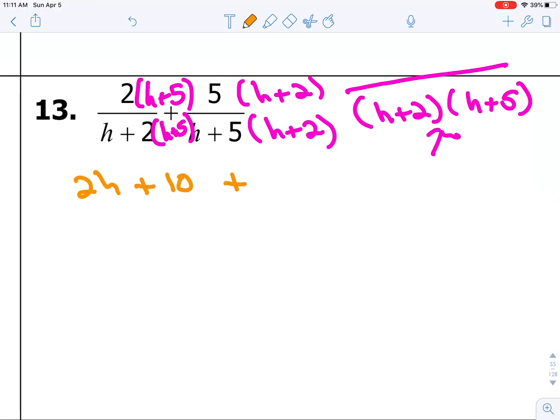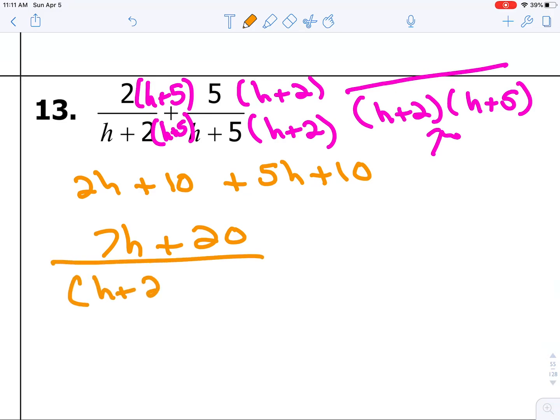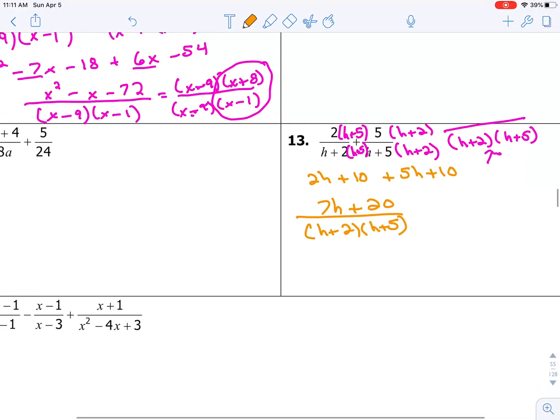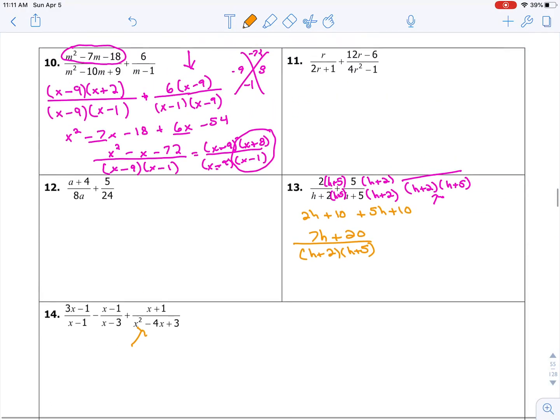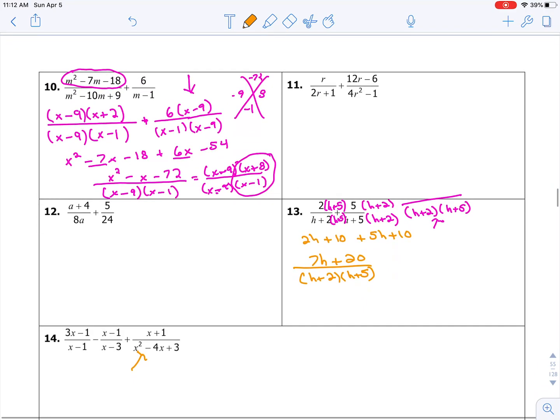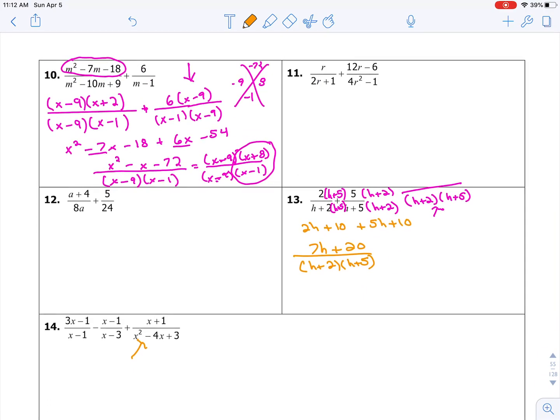2h plus 10 plus 5h plus 10, and then we had 7h plus 20, and then that is over our common denominator of h plus 2 and h plus 5. And there's no way that I can simplify my 7h plus 20, so I am done, and that is the answer for 13. So go ahead, try a few more. We're going to have some factoring here. When a is 1, that's no problem. Okay, and that should get you through those, and then I'll do a separate video also on the